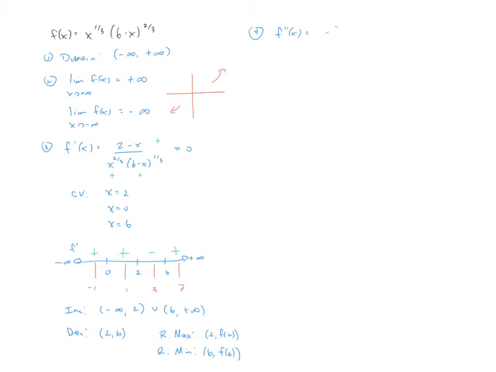The second derivative simplified would be this thing here. So, that's right, x to the 5/3, and then we've got 6 minus x to the 4/3. All right, so I would take this now, I'd set it equal to 0, and from that second derivative, I don't get any new critical values, but we still have to carry down the x equals 0 and x equals 6. Those are still non-differentiable points, and we have to use them in our critical value list for our second